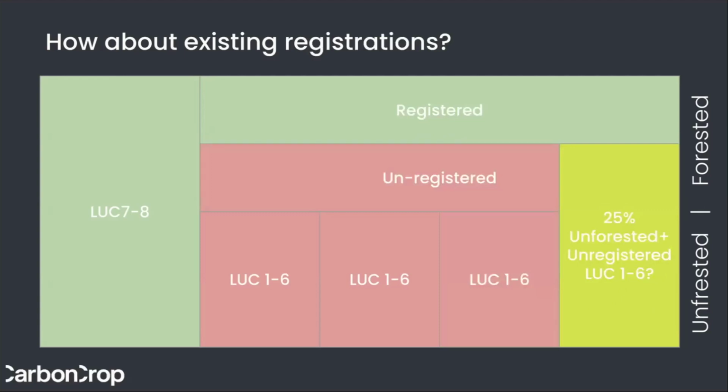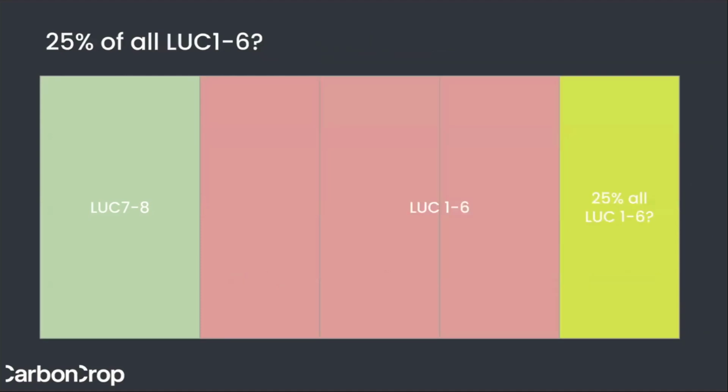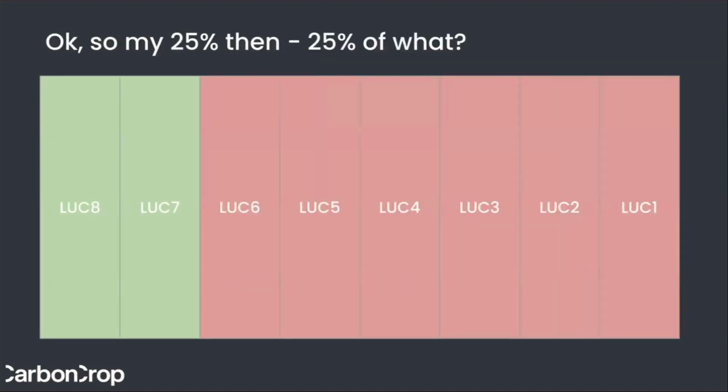And if you start considering what's registered and unregistered within the forested land, if registered stuff is exempt, but there's no automatic entitlement to register forest, even if it was pre-2025, perhaps your 25% is calculated against the combination of your unforested land and your unregistered land, but you might then want to allocate all of that 25% across your existing unregistered forest, which would mean that you might not have any left at all for your unforested areas. I've been through this pretty quickly. I'd say all of these are possible.